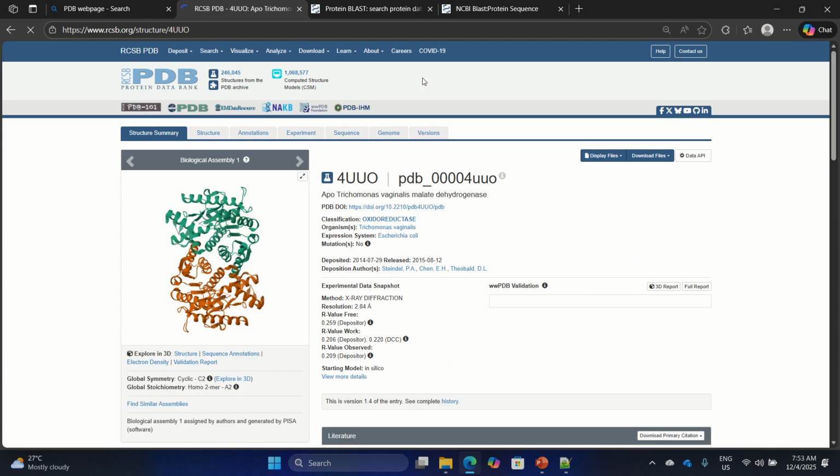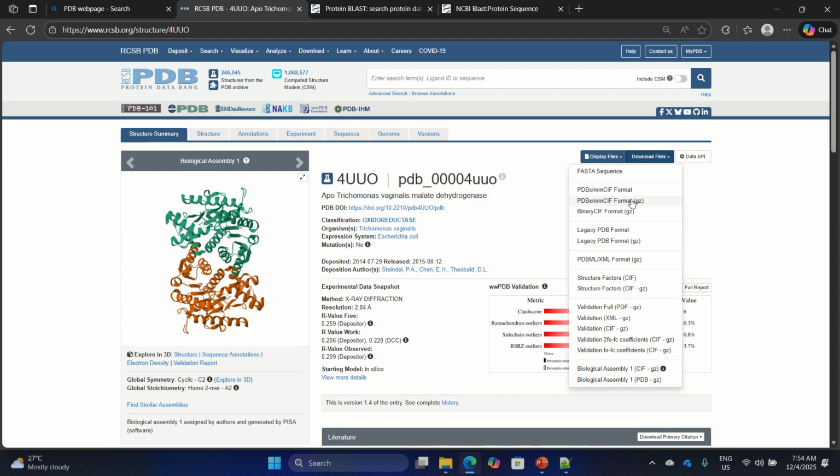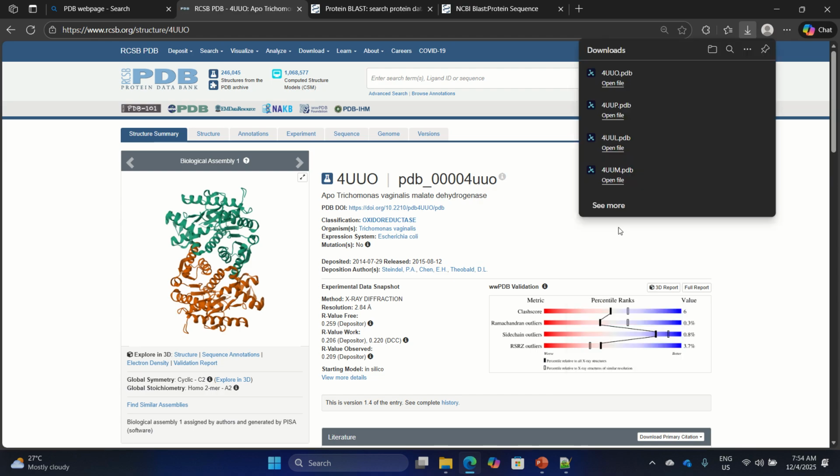Actually, you can use as many homologous sequences to your target, to the protein you are studying. However, it depends upon the quality. So in this tutorial, we're just going to use four.